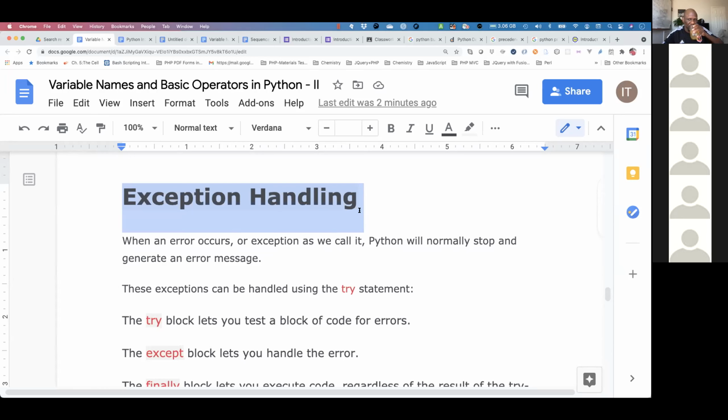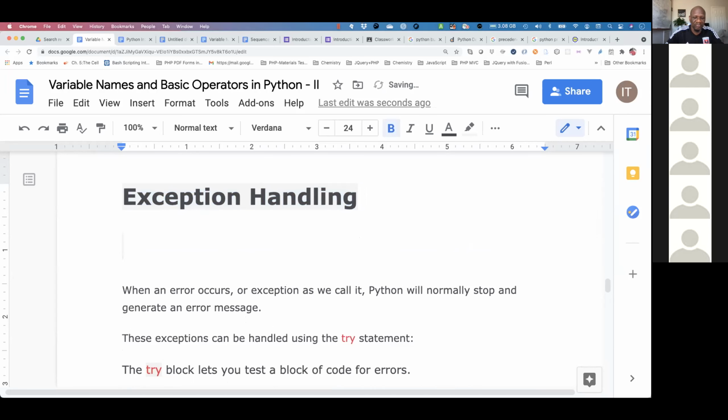A question on the equality. I think you mentioned something about equality operators. It was equal. Is it the same as the one we use in the if function? And what's the difference between if you say if is equal to something, and if is not equal to something else? What's the difference?